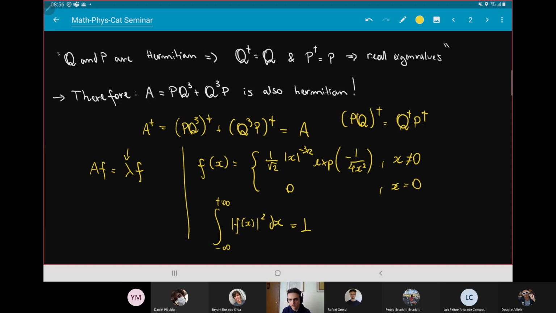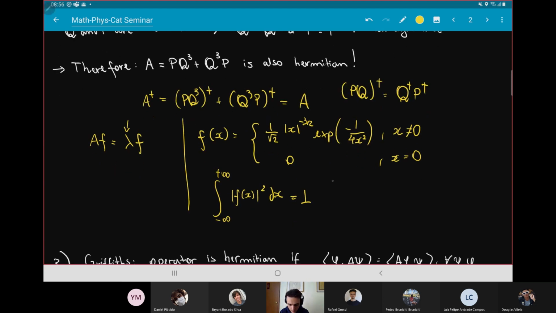We demand that the functions are finite. They don't necessarily have to be 1, but in quantum mechanics we will see later that we would like the integral over the real line to be equal to 1, because it will have a physical interpretation later on. So this function is acceptable, but one can show that if you apply A to f,